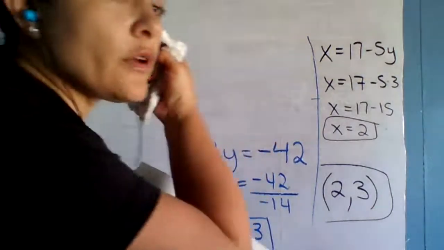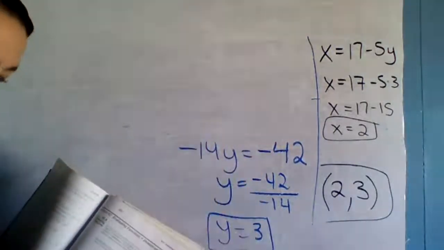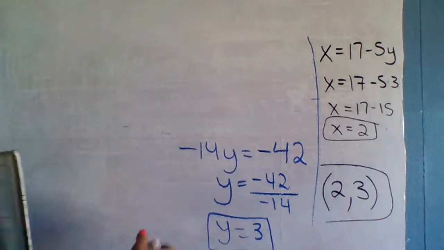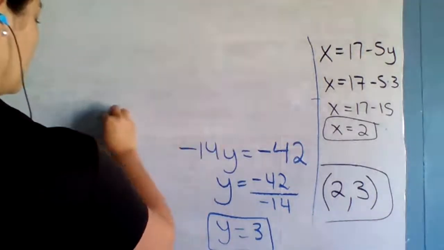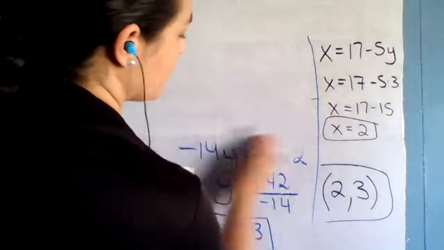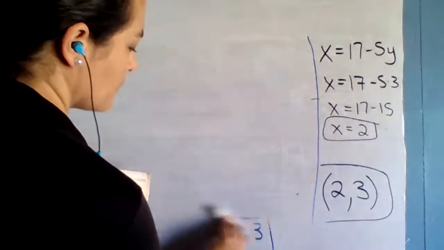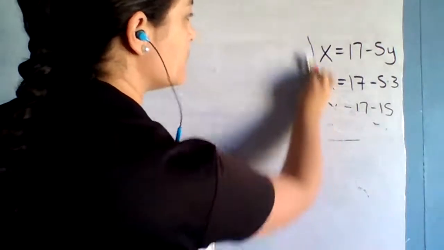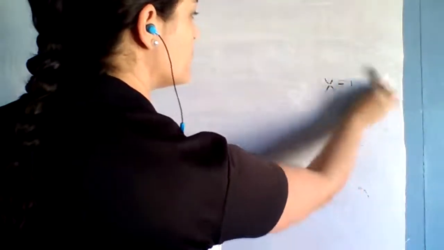After 25, I'm going to do 29. So if there's anything that we haven't done that you still had a question, please write it down so I can see, okay? Okay, it's 25. It says,